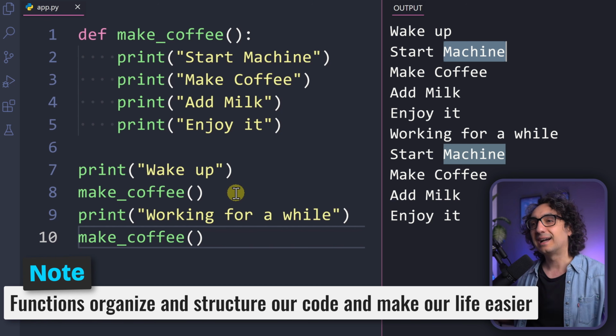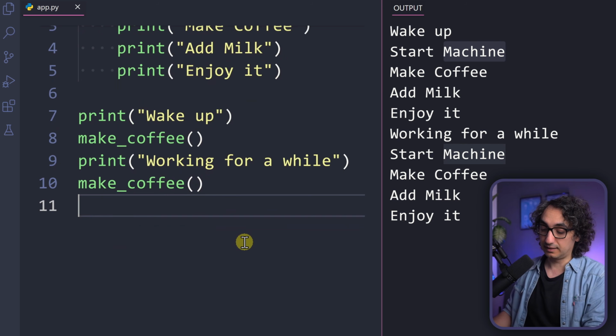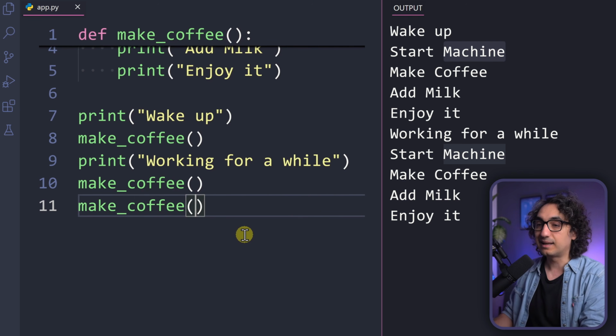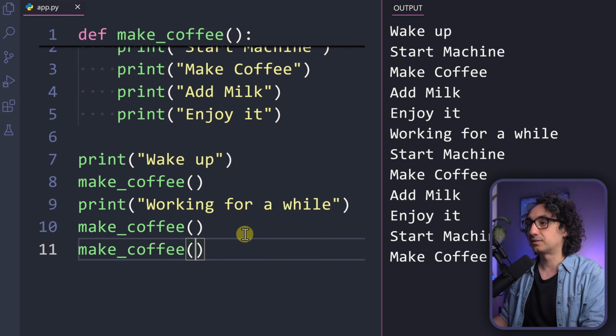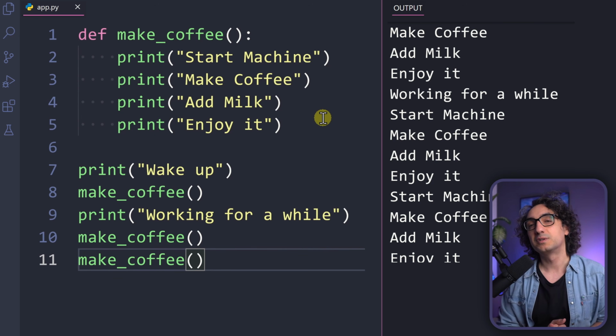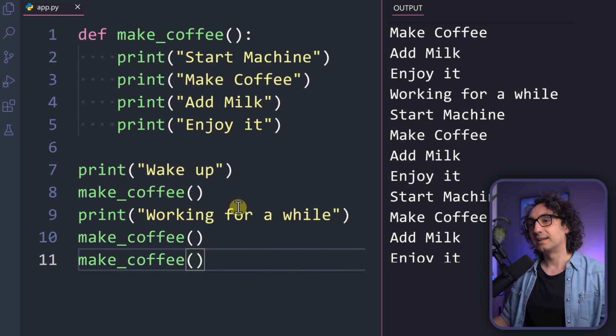So we are organizing and making things more usable, and we are reducing the risk of making mistakes. And now if I decide to make a third cup of coffee, it's gonna be just calling the function. I don't have to copy and paste anything. So just the function name and execute. And with that, I'm gonna get my third cup of coffee. So this is the magic of using functions in Python. So my code is simple. It is easy to read, easy to write, easy to understand, and everything is now more professional.